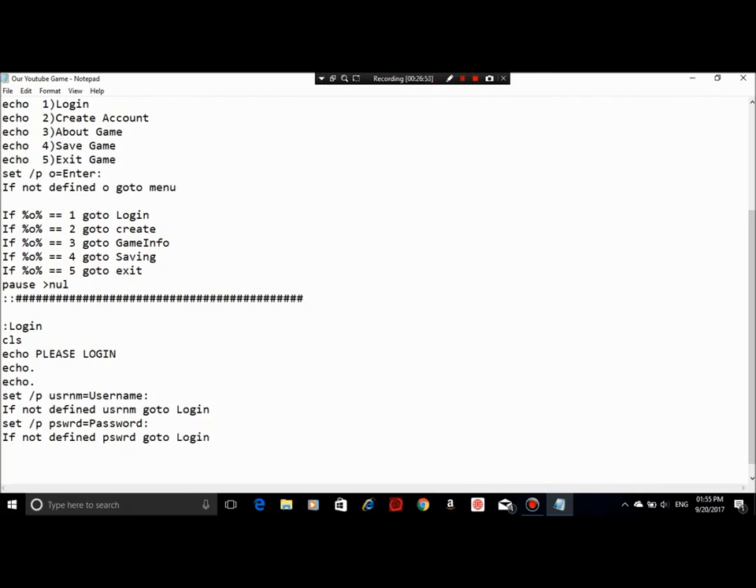That ensures that the game is not going to close if you just press enter. Alright, and you'll be forced to type. Alright, now